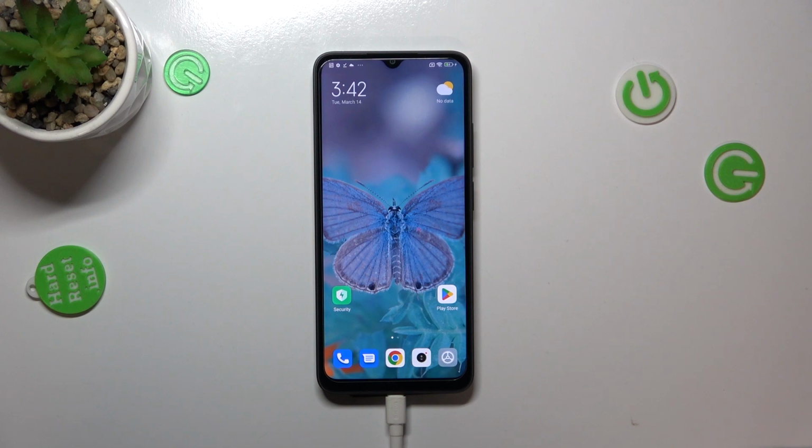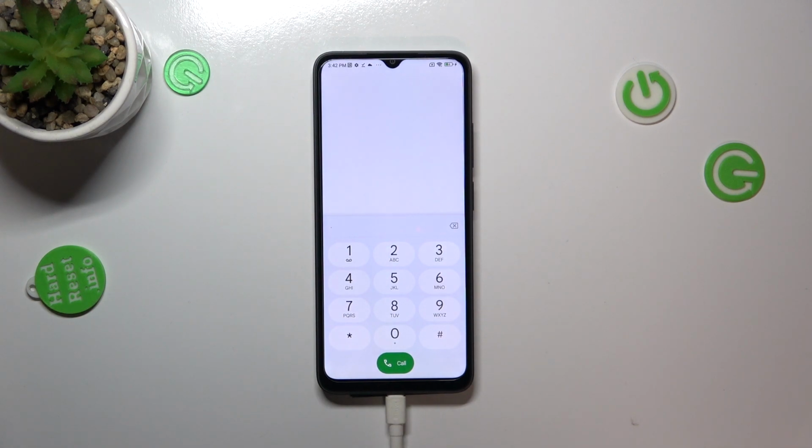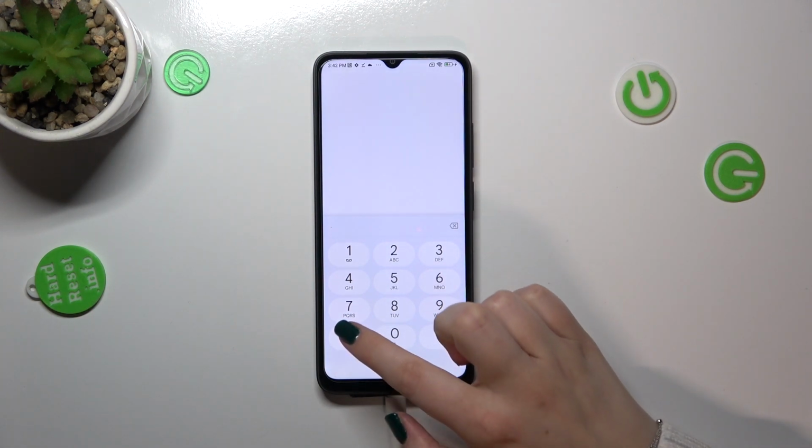So we've got actually two different ways to check the number. We can do it by using a secret code or by using the settings. And I'd like to share with you first of all the code. So let's open the dialer, and the code for the serial number is